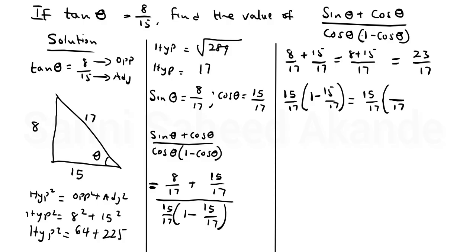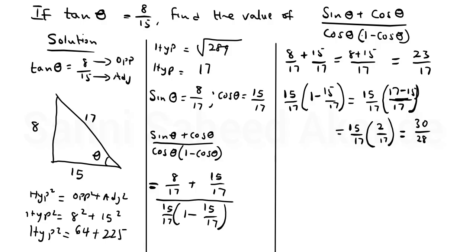The LCM will be 17. Then 17, how many 1 can you see in 17? That's 17. Then 17 times 1 will give us 17. Then minus, how many 17 can you see in 17? That's 1. 1 times 15 is 15. Okay, so everything divided by 15. Now if you solve this further, you have 15 divided by 17, then multiplied by 17 minus 15, which will give us 2 divided by 17. If you multiply this together, you are going to get 15 times 2 is 30, and then 17 times 17 is